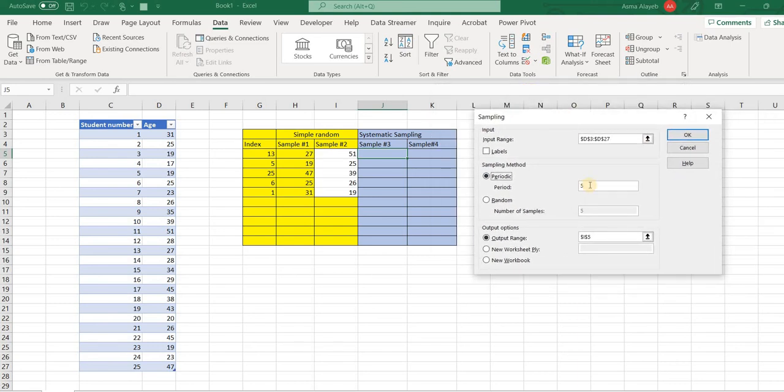Now you can choose to pick every second number. So you can type 2 here, or you need to pick every third number, or every fifth number, or every fourth number. I'm going to go with 3 here. I want the software to pick every third number, and I want the answer to go under sample 3. So I change the output range to the J5, which is the cell under sample 3, and then I'm going